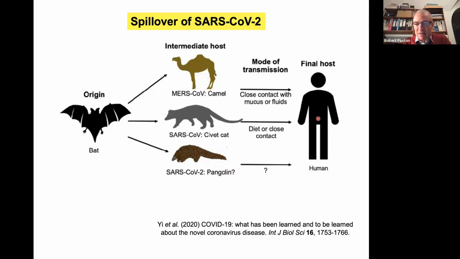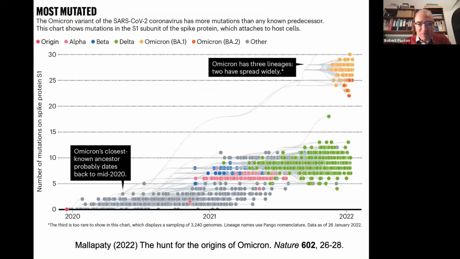Now, this diagram from a paper from 2020 gives the human as the final host. That was rather arrogant, I think, in some ways, or premature to state, in that we now know